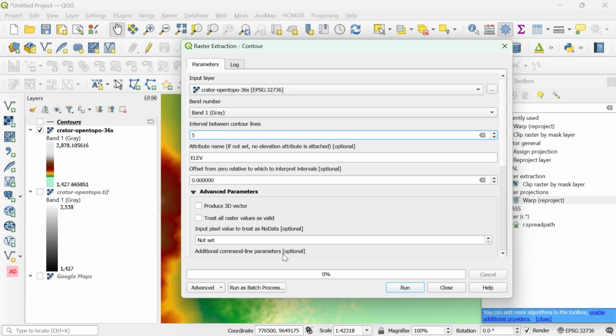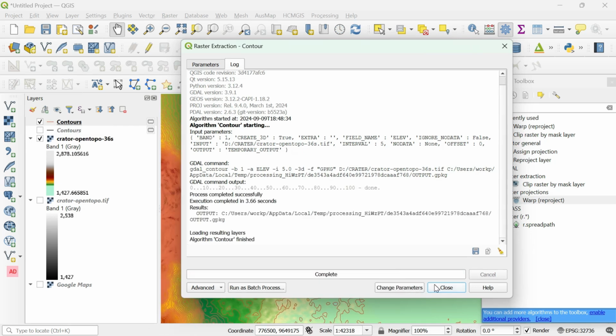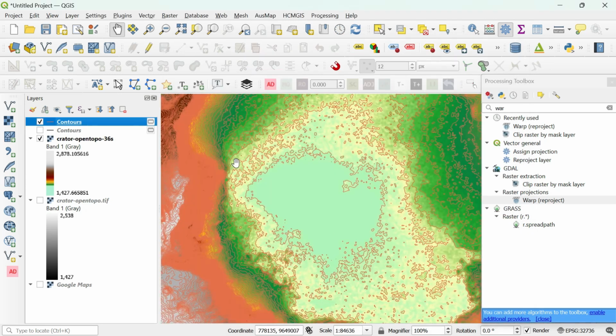Then produce the 3D vectors, run. Yeah, it's okay now. The 10 meter one is also here, no problem.